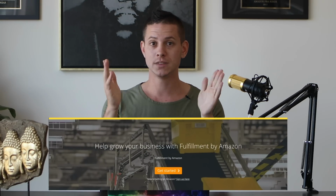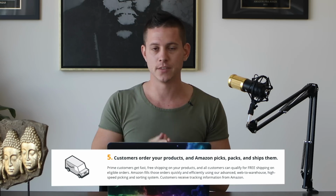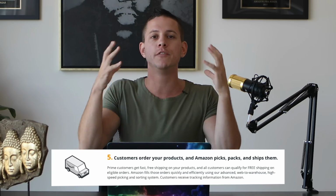Amazon FBA, for those of you who don't know, FBA stands for Fulfillment by Amazon. What this means is Amazon handles all of the hard work for you. You don't have to ship anything. You don't have to package anything. You don't have to create your own website. You don't have to accept payments, right? All of this is done